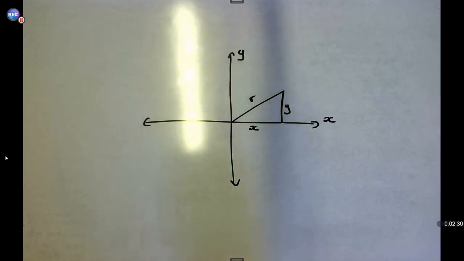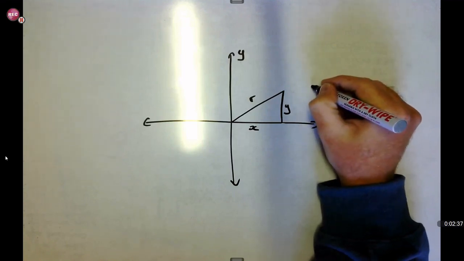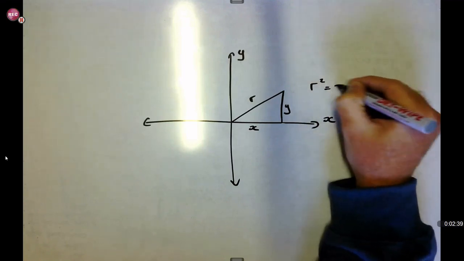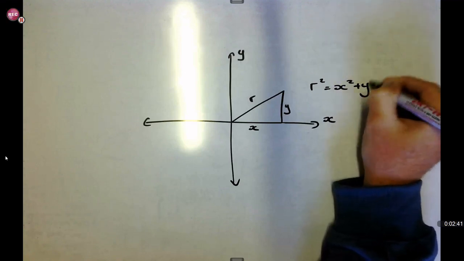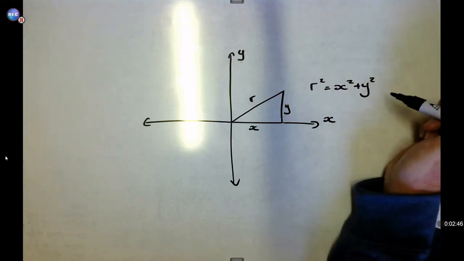Then on top of that, you need to understand how to do the Pythagoras, and the formula for Pythagoras is r squared equals x squared plus y squared. Obviously you would substitute and then manipulate as far as possible. Okay,